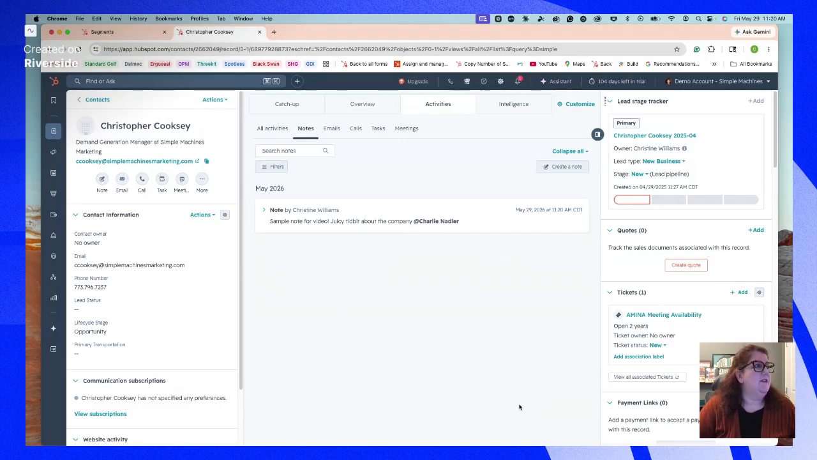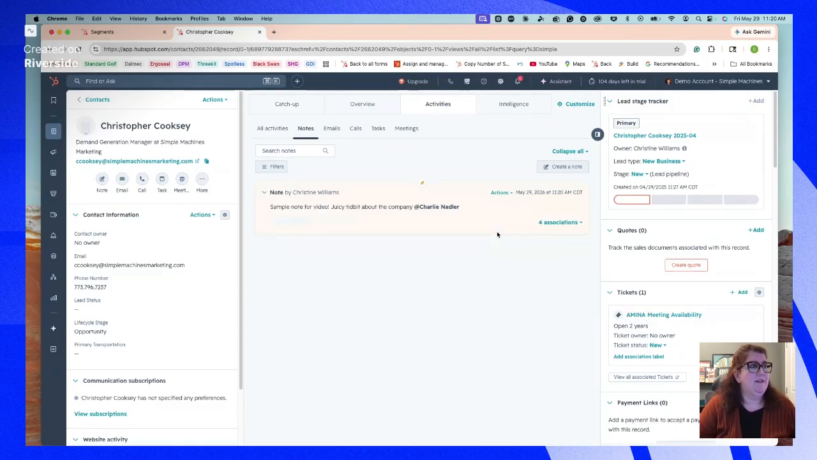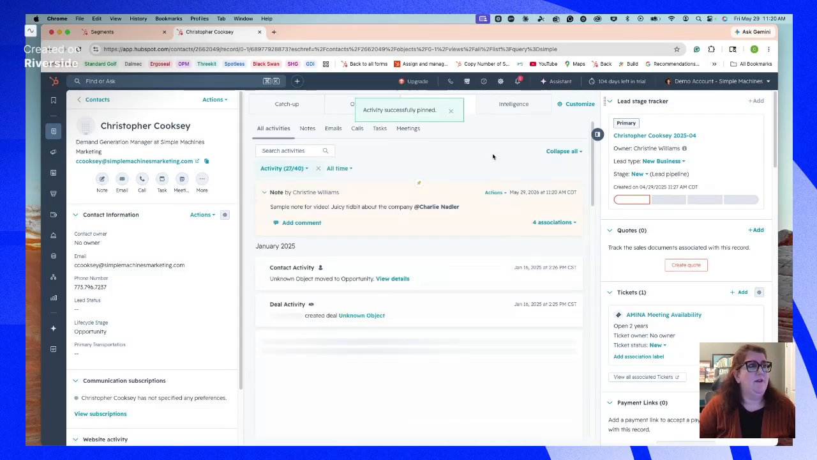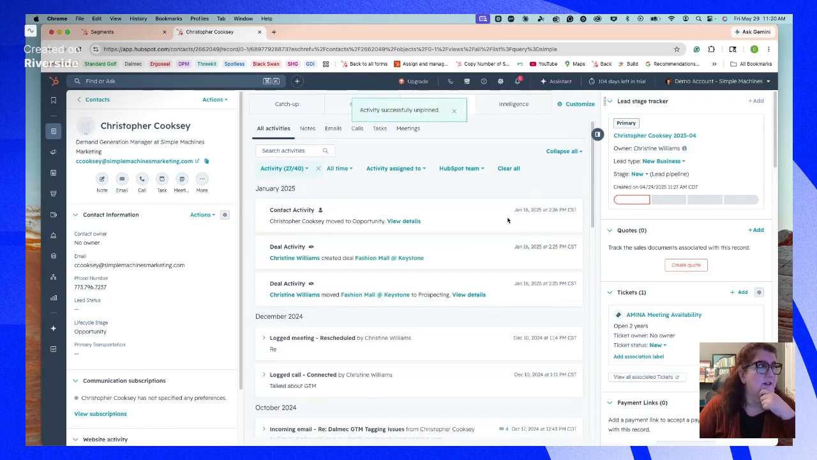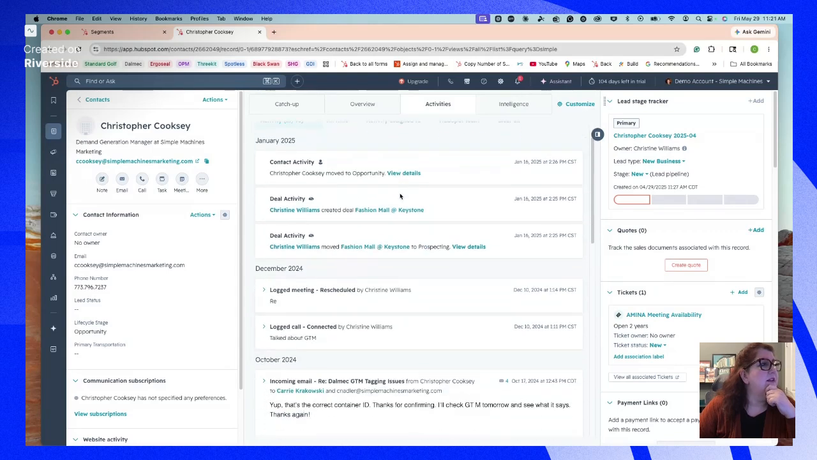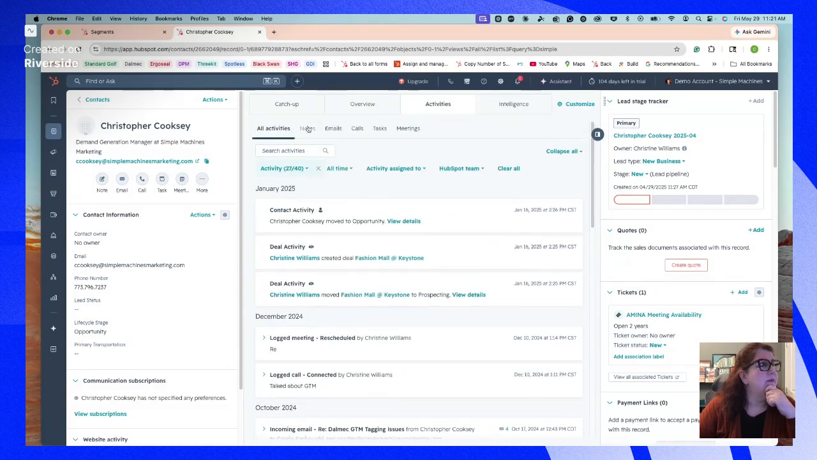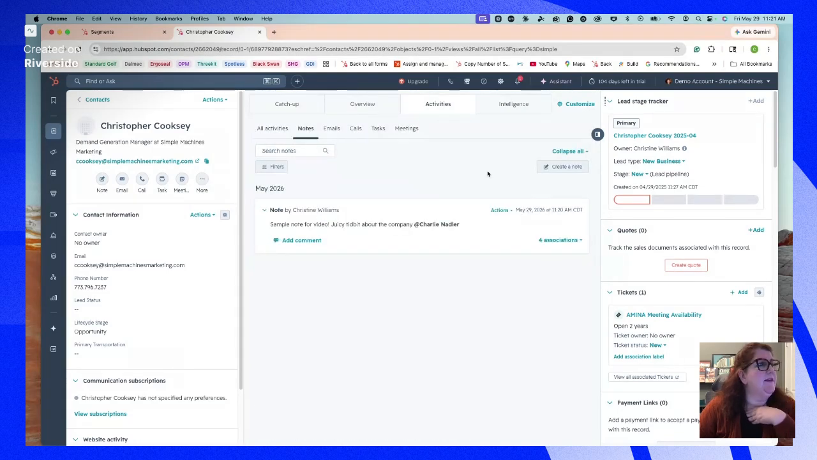Okay, a couple other things with notes. You can pin a note to the top of the record. You see what I just did? It puts it on top of the entire record. And you can also unpin, just like that. Otherwise everything in this record is going to be in reverse chronological order, right? Sometimes that's not the best way to have things work. So I just pinned that note to the top, and now it's going to be at the top of the